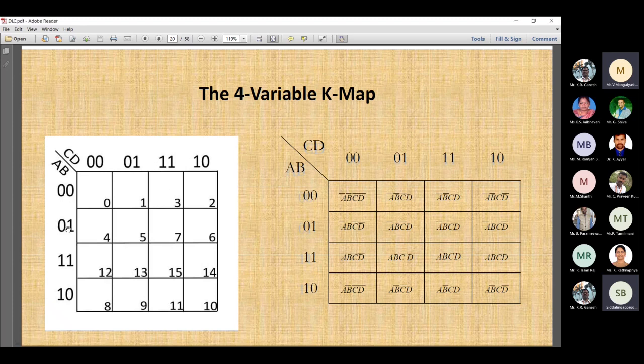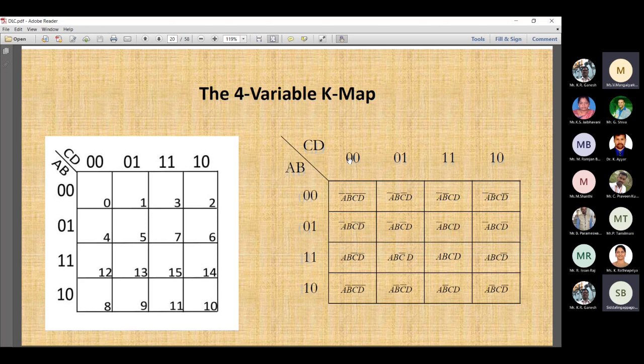So 0 0 0 1 1 1. These are the notations of how we represent the four variables, right? So this can also be written as 0 0: a bar b bar, a bar b, a b, a b bar. With respect to min terms, 0 is nothing but the complement form, right? So that's why we consider a bar b bar.